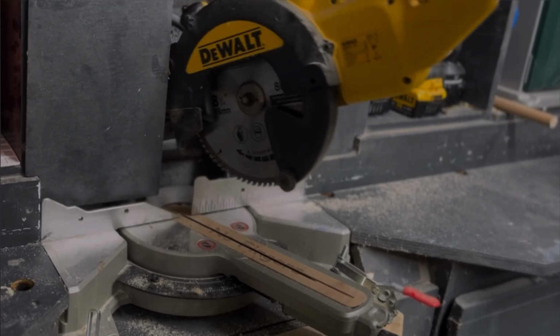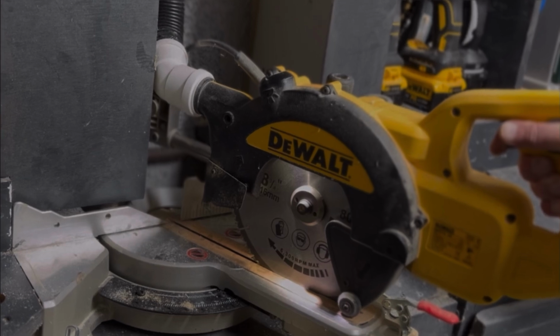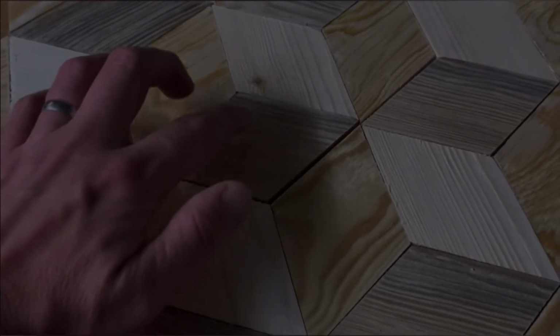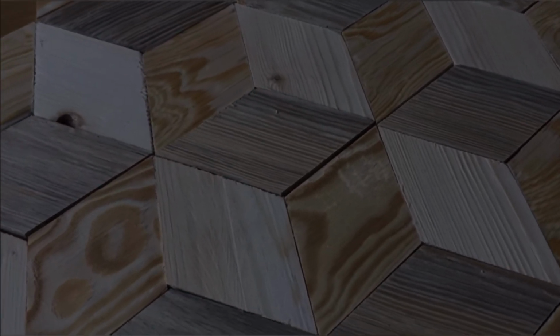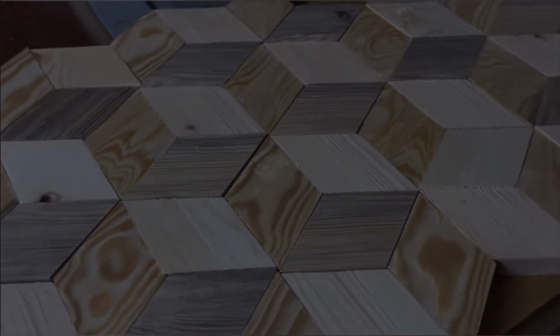Now, there's a bit of a cheat to this. A zero clearance fence and an 80-tooth miter saw blade don't half cut down on that sanding. So, I've gone for a loose fit. First of all, just to make sure I've got enough pieces, but also to see how it goes together. If you can see, I've got 3 different shades of wood. I've made sure all 3 grain patterns are going in different directions. And the effect, when you start to look at it,